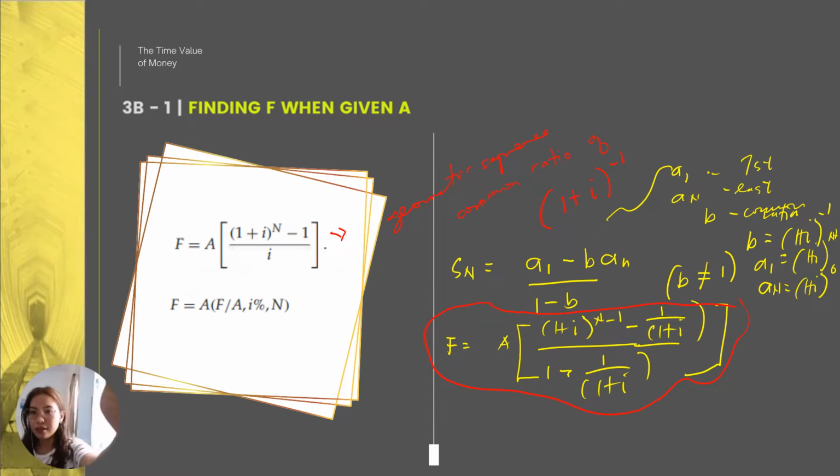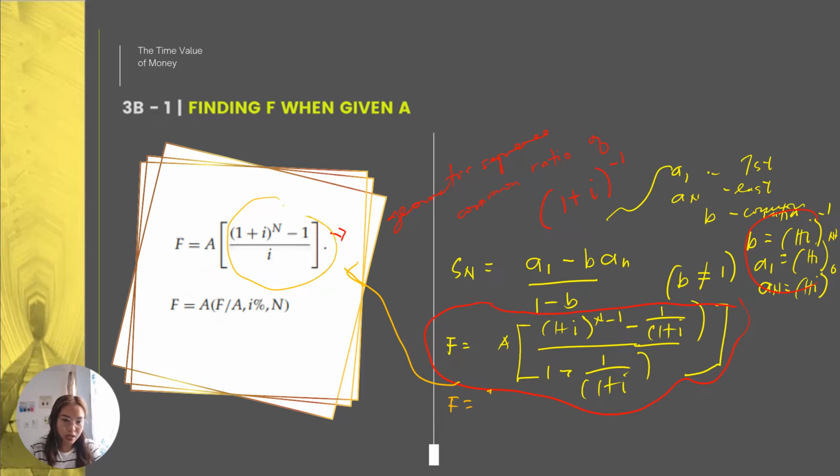Okay? So, from this formula that we derived from the geometric sequence with these substitutions, if we reduce that, F is equal to A times ((1 plus I) raised to n minus 1) over I. So the quantity (1 plus I) raised to n minus 1 over I, this one here, is what we call the